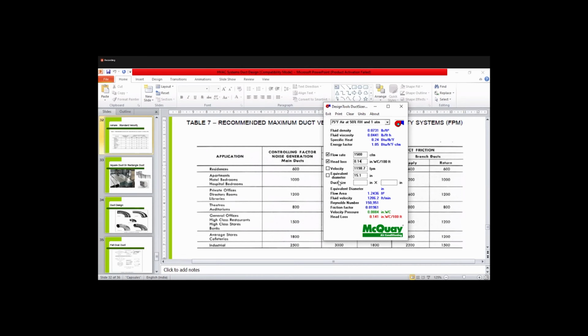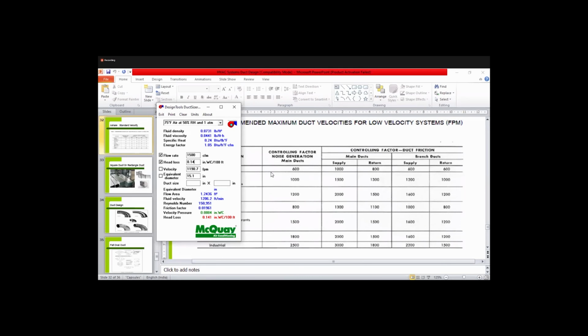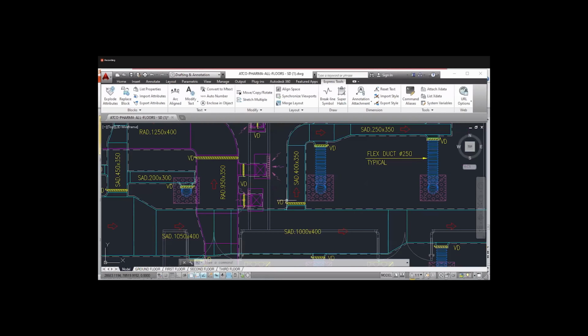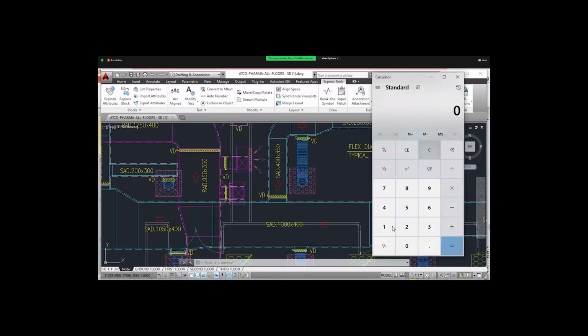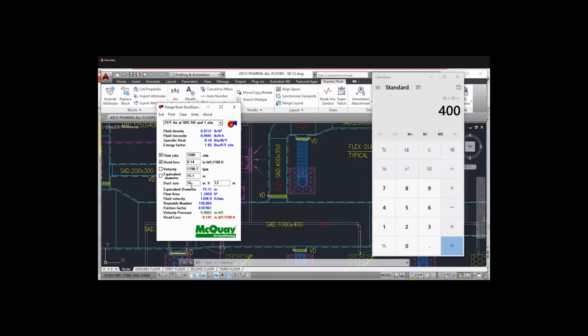So the equivalent dia here is 15.1. So we can't take 15, it's an odd number, no? So we will go with 16 inch, and the value we have taken is 400. Okay, 16 inch, how much? 16 into 25, 400. So the width of the duct is correct. 16 inch and the height is 12 inch.